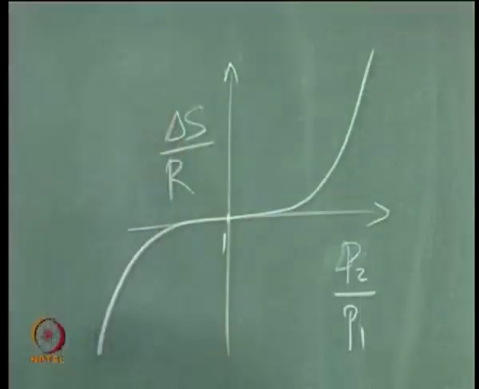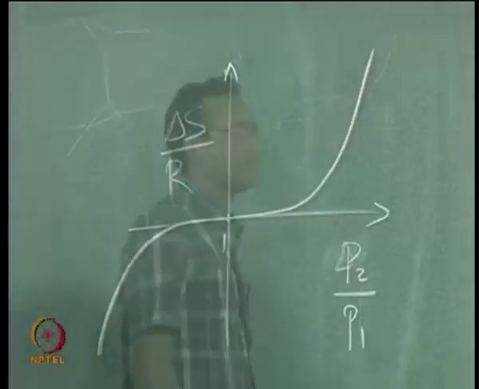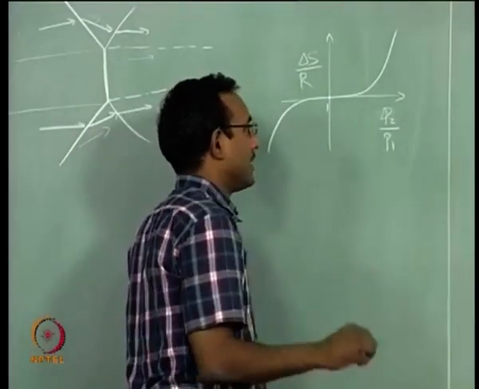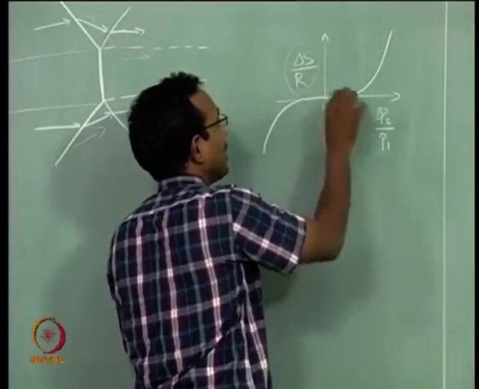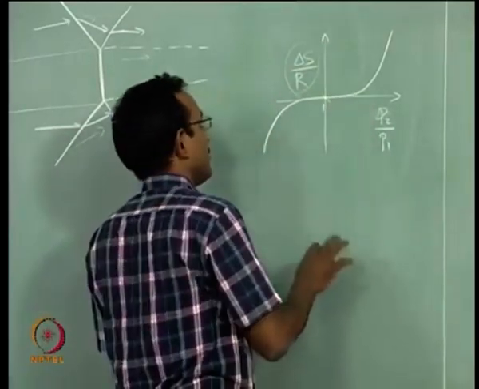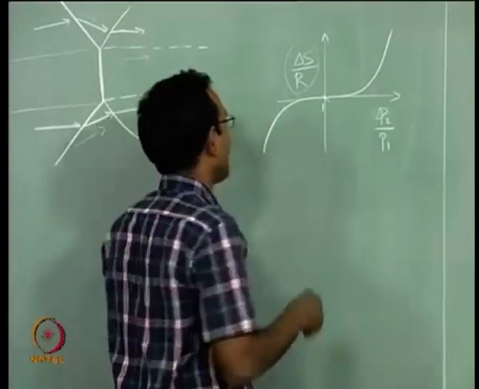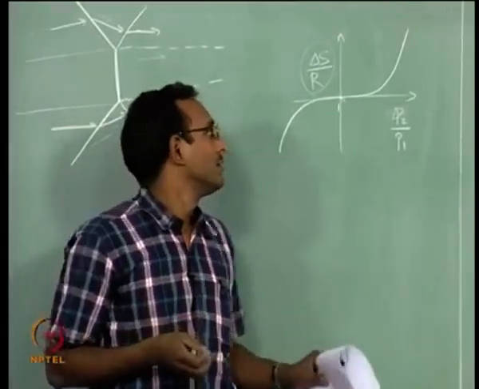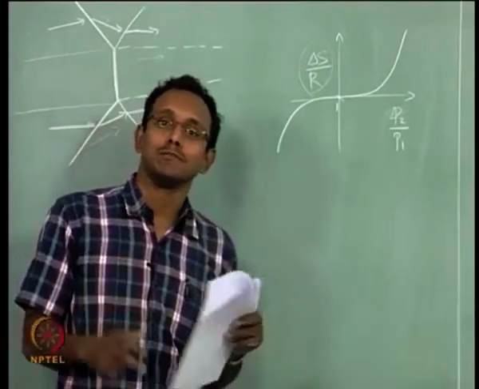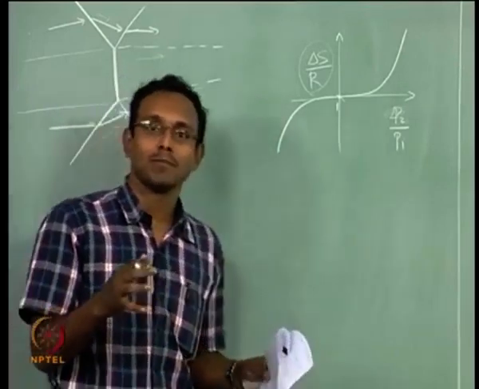Okay. I showed this plot some time back, maybe we will think about it in the video. I have this kind of plot. In this particular plot, if I look at P2 by P1 more than 1, delta S is positive, which means it will occur. When P2 by P1 is less than 1, which is our expansion, it so happens that delta S is negative. When that happens, that is not naturally possible. This is what we said at that time, and we said only compression shocks are possible.